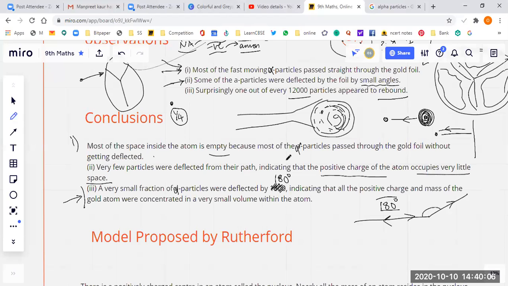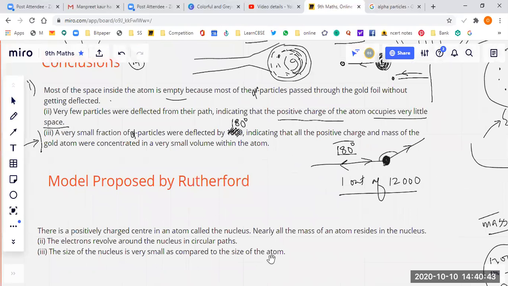वेरी गुड। इसका मतलब उन्होंने अंदाजा लगाया कि वो पॉजिटिव चार्ज कहीं बीच में कंसंट्रेटेड है, और उसकी मास डेंसिटी इतनी ज़्यादा है, इतनी ज़्यादा कंसंट्रेशन है कि जो थोड़े से पार्टिकल उसको हिट किए वो वापस आ गए। वो कितने पार्टिकल वापस आए? 1/12,000। ओके। अब रदरफोर्ड ने इसके बेसिस पर क्या मॉडल प्रपोज किया, बड़ा इंटरेस्टिंग है फिजिक्स बच्चों।